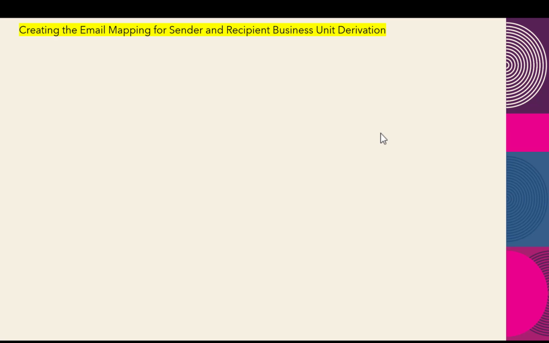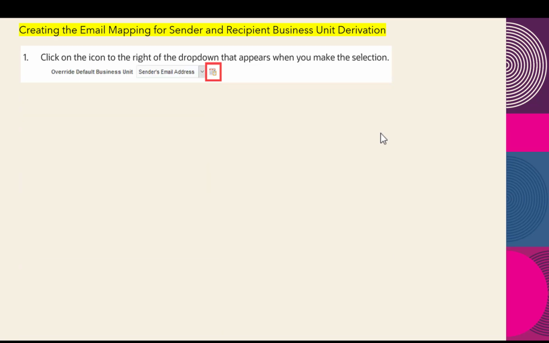For the create mapping, before we said we will also create email mapping for the sender and the recipient business unit derivations. To create a mapping for the email options for both sender and the recipient email address, first of all, for the override default business unit, we said before that there is an icon here, that you use to make a mapping between the sender and the recipients. So first of all, this is override default in IDR. You have to click on this icon,